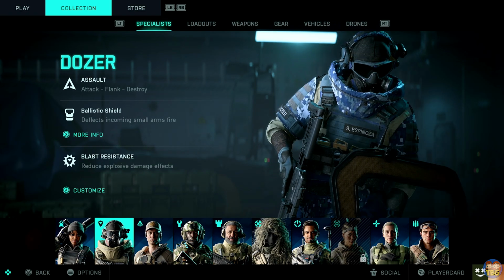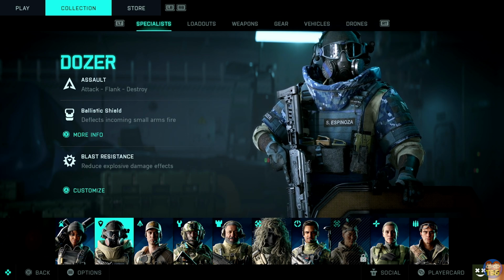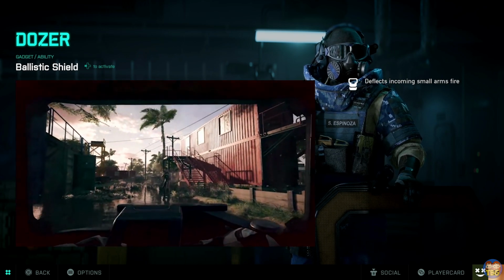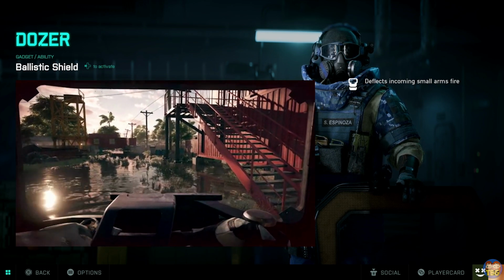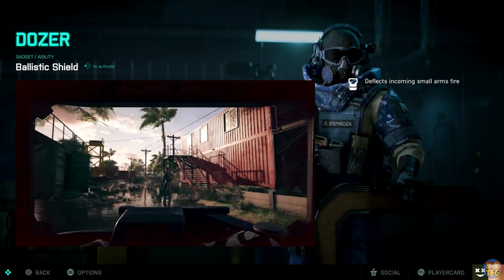Next up is DOZER, who brings along a ballistic shield as well as a passive ability that reduces explosive damage. He's a pretty standard shield boy, and if that's your kind of thing, then you know who to use. The shield can take a real pounding if you like walking around with it in front of you, and if you manage to get right up to someone, then you can smash them in the face with it,